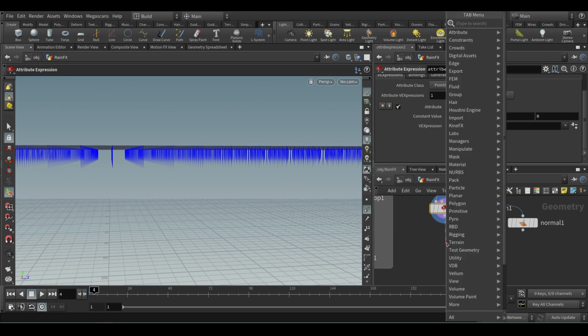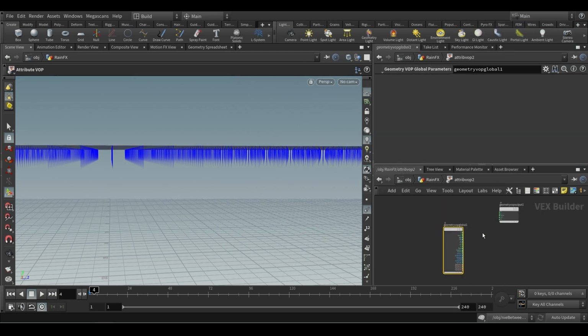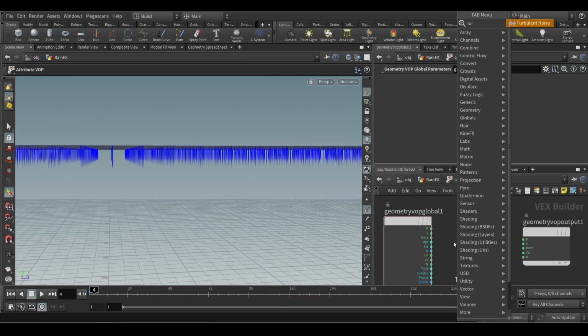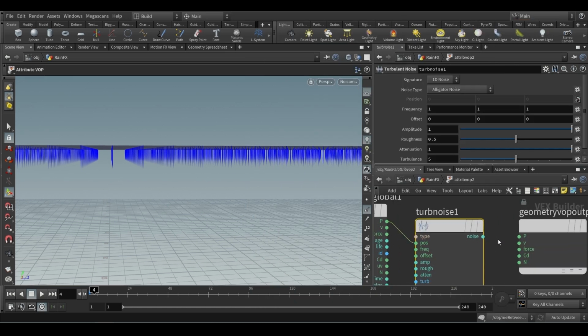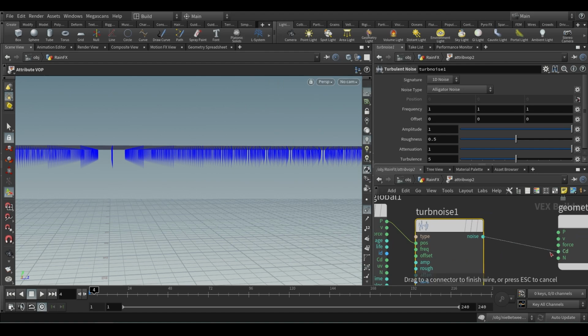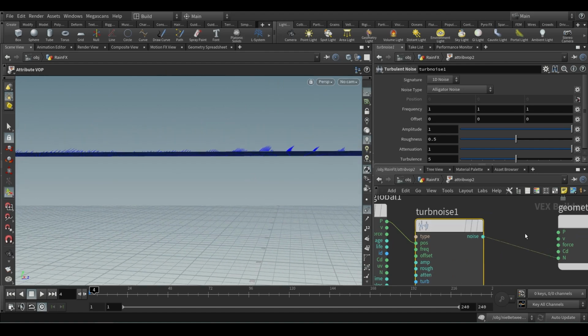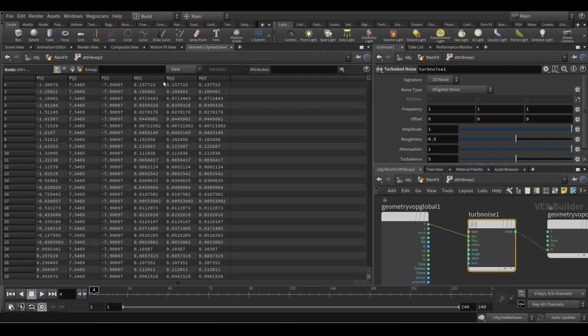To do that, we bring attribute warp, and as you guys know, turbulent noise is the easiest one. Click here and click here, but then it is all going upwards. That is because turbulent noise has a value itself. You see, turbulent noise has these kinds of values. As you go, it is also changing, isn't it?